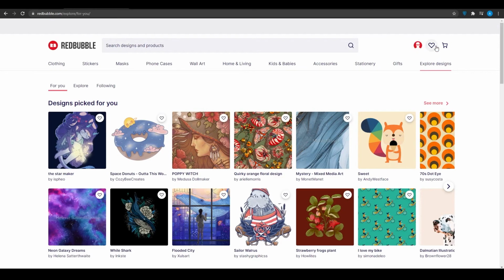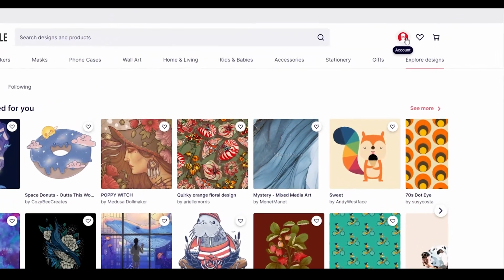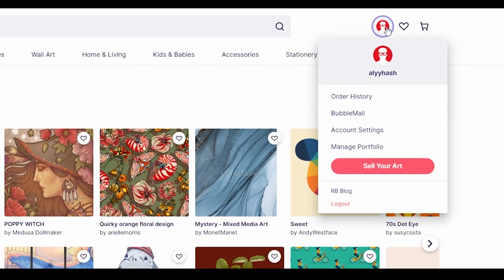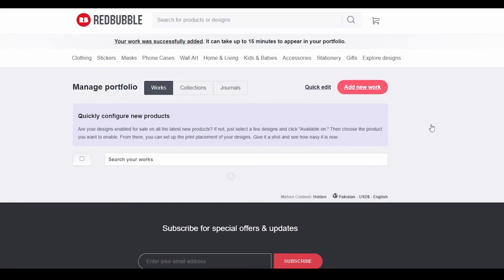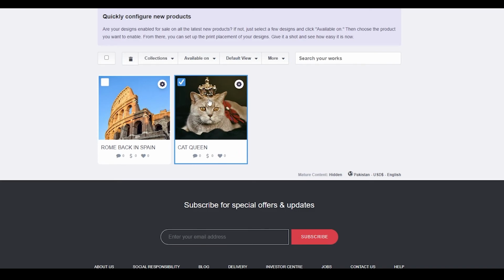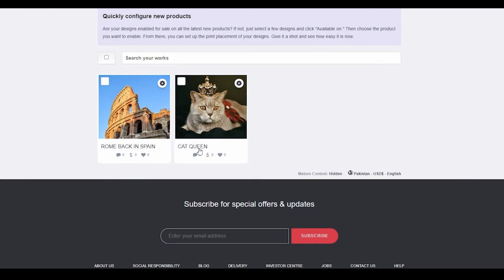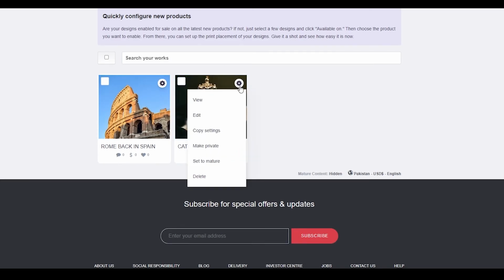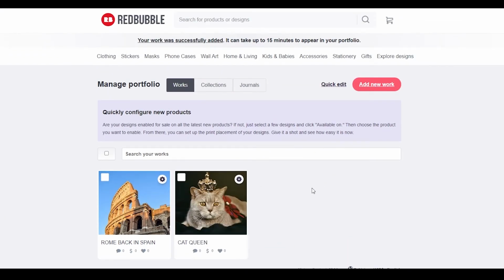Now guys, let's say you want to actually ship something out. What you do is simply click on your account, and then click on manage portfolio. Once you do that, that is going to take you back over here. Click on any one of these products, and then simply click on the title or the settings button, and then view it if you want to, or when you get a lot of orders you can simply ship it out easily,